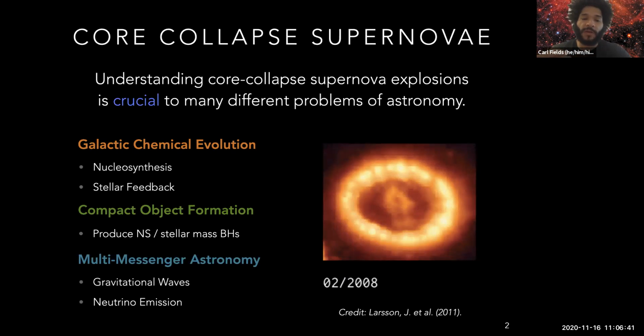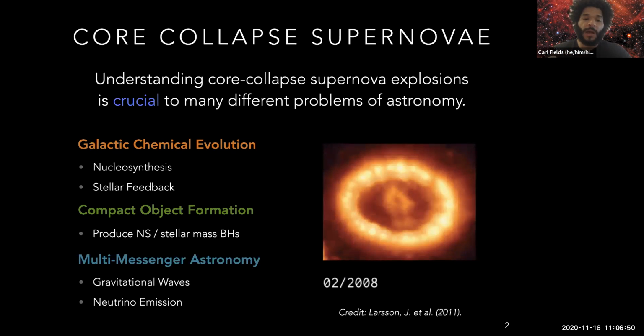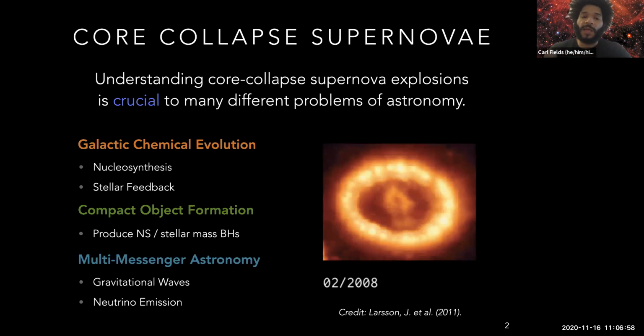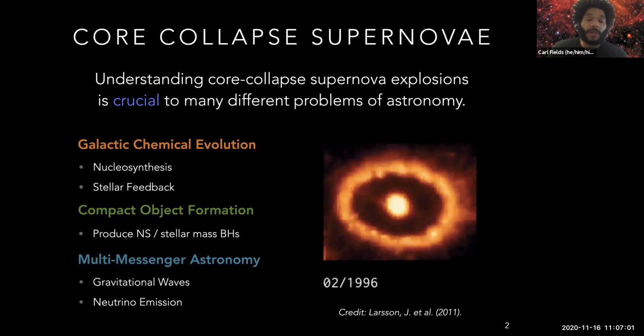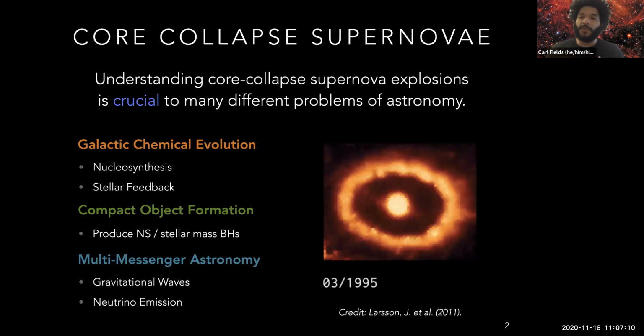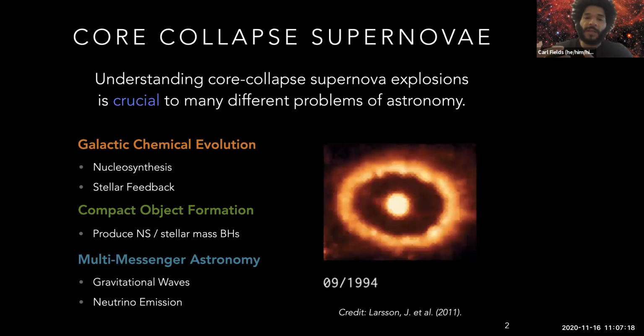They can produce gravitational wave emission, either through the collapse or the late explosion, or during the explosion phase, the pre-explosion phase, as well as with the compact objects that they form. Of course, the neutron stars can themselves in-spiral and produce emission, as well as the stellar mass black holes. They also produce neutrinos, and this is something that we can observe, and with these models, we can actually combine them with the gravitational wave emission to find out unique information about the progenitor that we wouldn't otherwise be able to. So this is something that's really interesting to us in terms of core collapse, and that's why we try to utilize models to get at these questions.